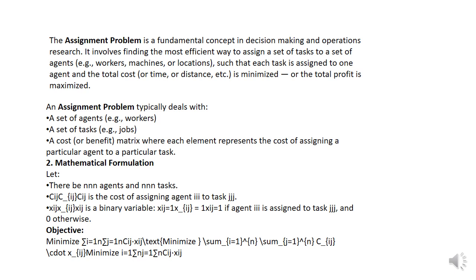It involves finding the most efficient way to assign a set of tasks to a set of agents, for example workers, machines or locations, such that each task is assigned to one agent and the total cost or time or distance is minimized or the total profit is maximized. The agenda is to maximize the organization's profit and minimize the cost and time required for performing the